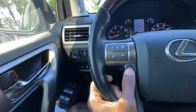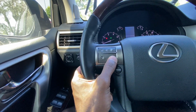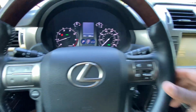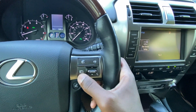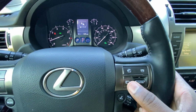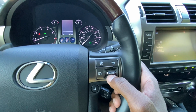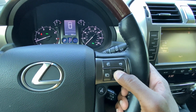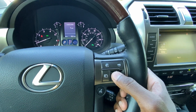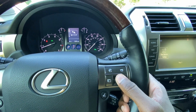But over here to the left side of the steering wheel, hit this mode button to go through your audio sources. You can go through your track list or presets from the steering wheel there, and then you have your volume controls here. And then over here to the right side, Bluetooth controls, and we can use this to go between our two menu options for the gauge cluster, and then within each of those we can scroll through here. So you'll see we have our kind of standard options to go through. We can use this as an enter button as well, and then hit this, and then you're going to those